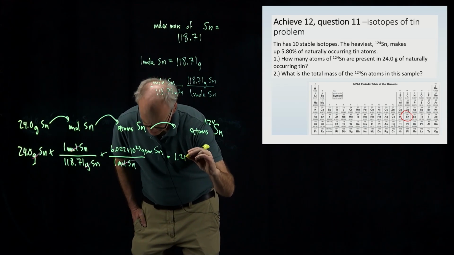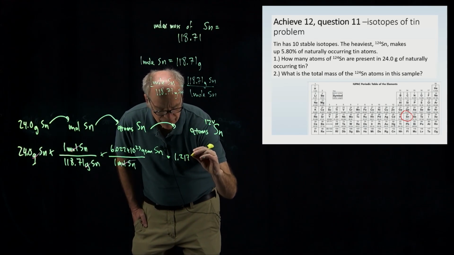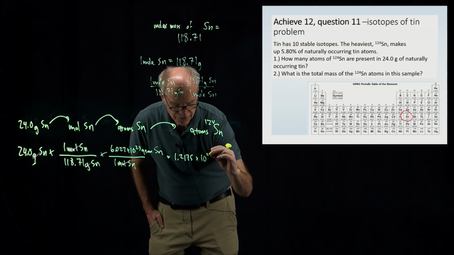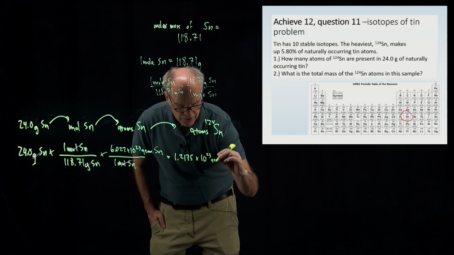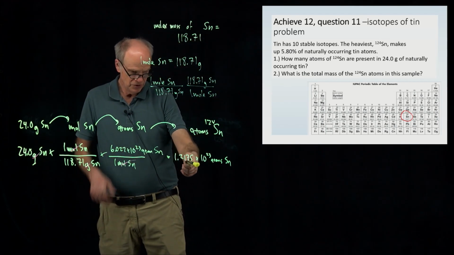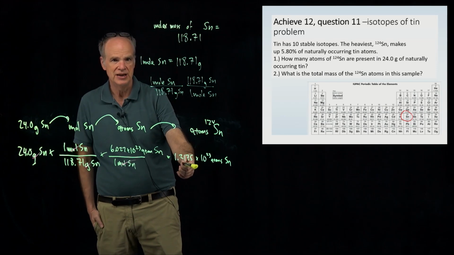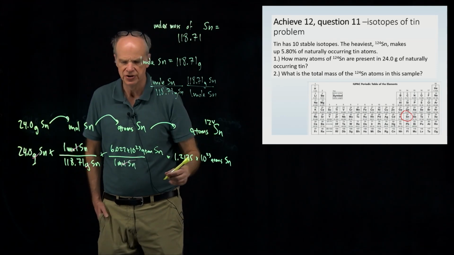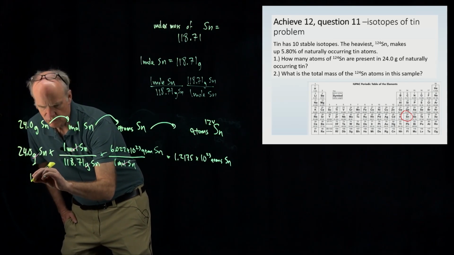1.2175 times 10 to the 23 atoms of tin. Okay, so you can take this number and take 5.8% of that, and that will give you the atoms of the particular tin isotope. So how do I do that? I take